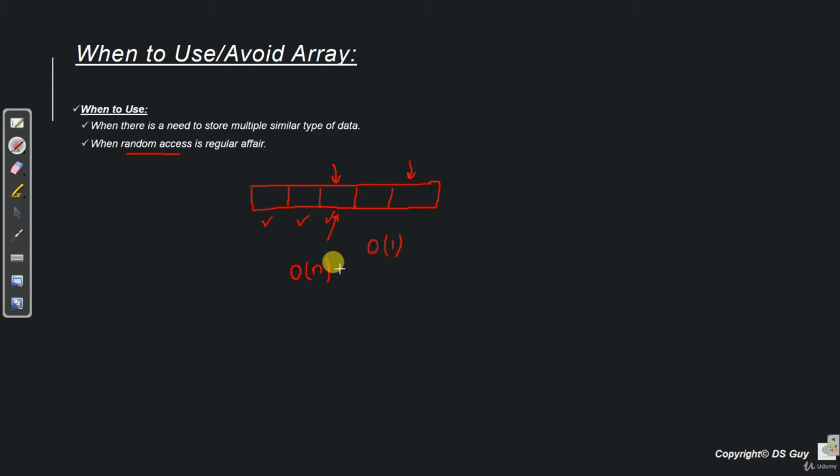So as you can see, a simple operation like randomly accessing any cell number in case of array can give us a constant time operation. But in case of linked list, which we will talk about later, it will take us order n time complexity. So in those kind of cases, we always use an array over a linked list. Now does that mean that array is the boss and we should always be using an array instead of either a linked list or a variable? Of course not. Let's see in which scenarios we should avoid an array.